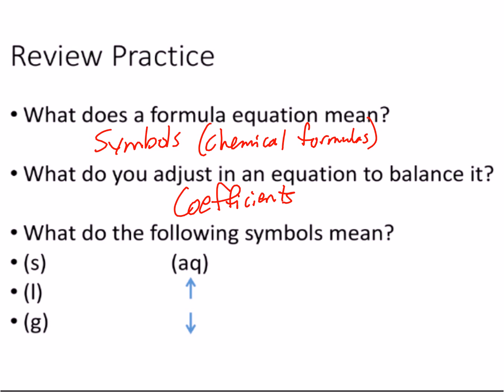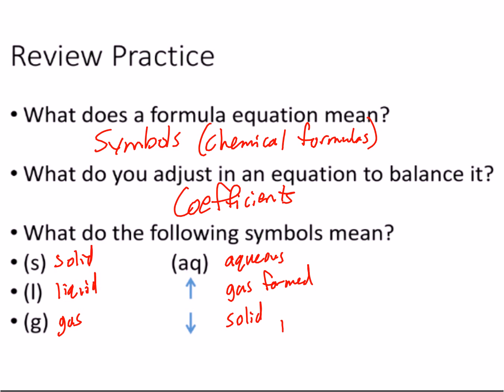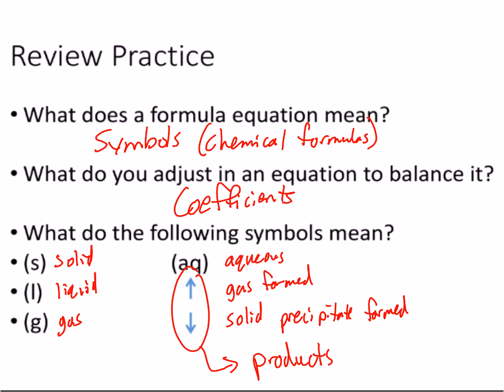All right, these symbols, you've got to know all your symbols for your test tomorrow. So we have solid, liquid, gas, aqueous solution. Yeah, that one's up and down. It's not up and down. Oh, wow. That's solid. On liquids, I just put up and down. I said decrease. Formed, guys. That's the key. Where will you only see these two? They will only be in what part? Water. Products, guys. These will only be on the product side. All right? The arrows will only be on the product side. Mikey. Is it because gas is